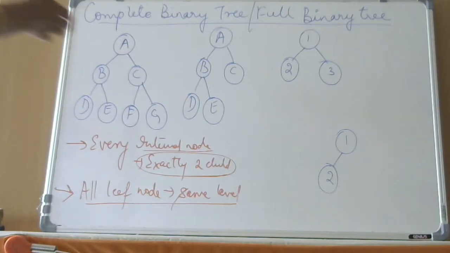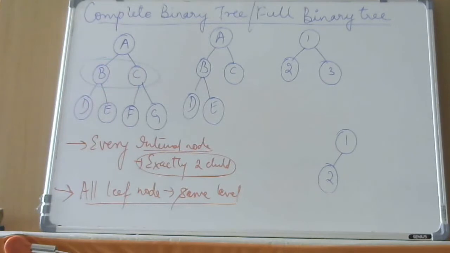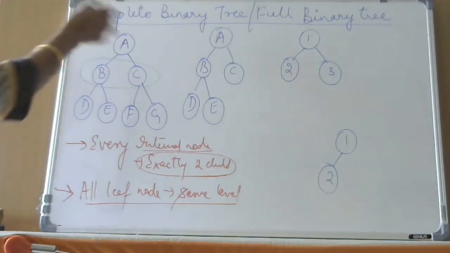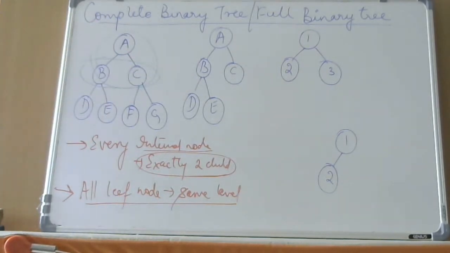Okay. Now I have written some 4 examples of trees. Let us see which one of them qualifies as a complete binary tree. Which are the internal nodes here? These two are the internal nodes, B and C. A is called the root node, though it is also an internal node. We can consider that also. So all the three we can take as internal.